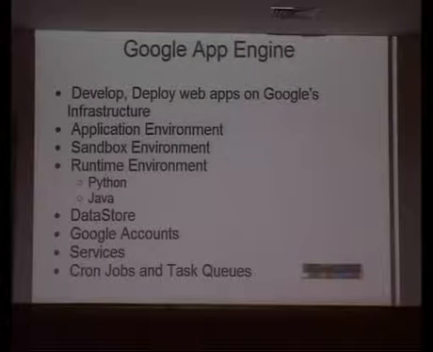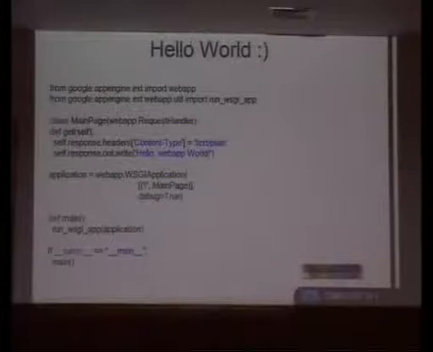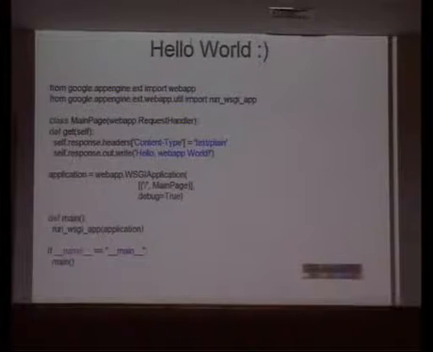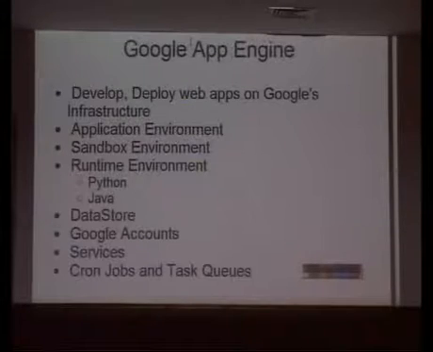And then comes the data store. The data store is the most important part because it is built on top of Big Table. Big Table was proprietary, and for a long time it was used only internally by Google for all their services. With App Engine they have exposed part of their Big Table, which is called the data store, to be used by other developers for creating applications. We'll talk about the data store in more detail as we